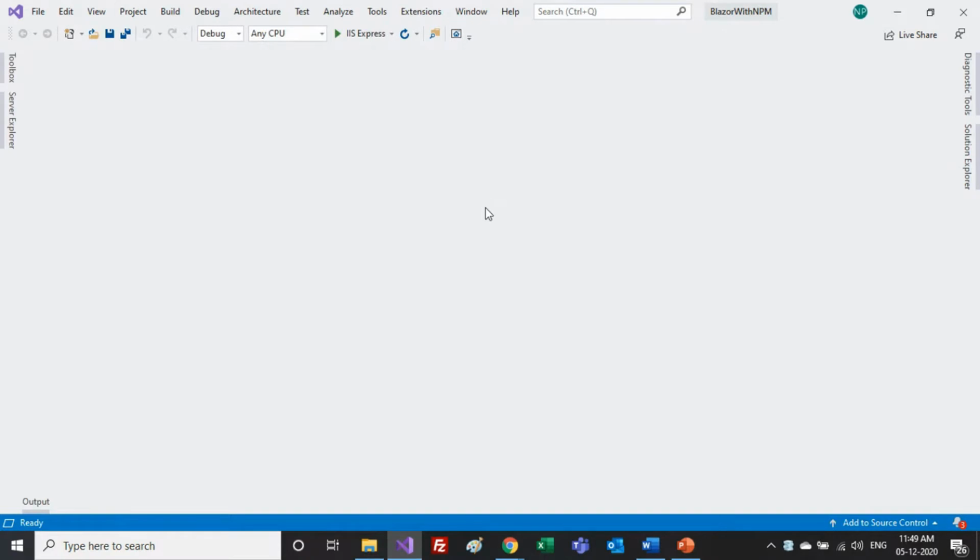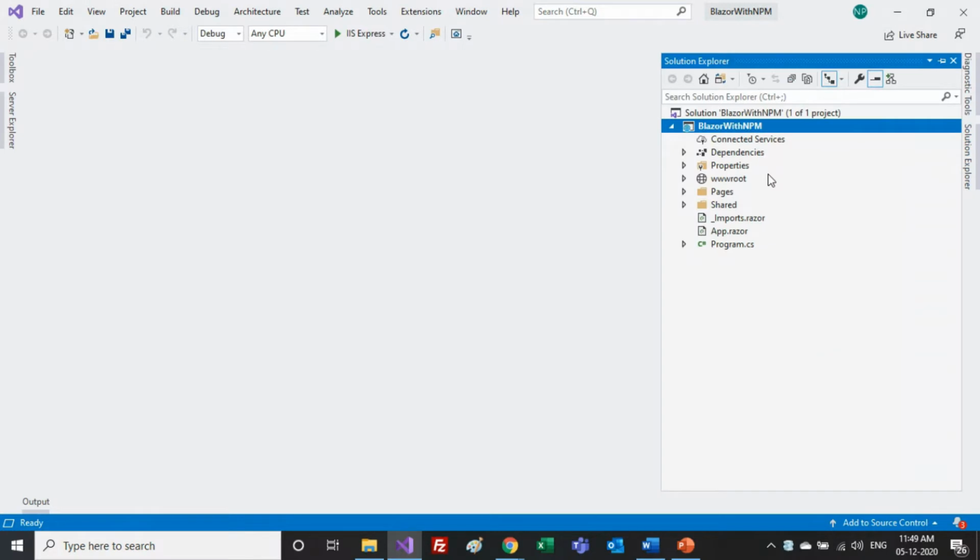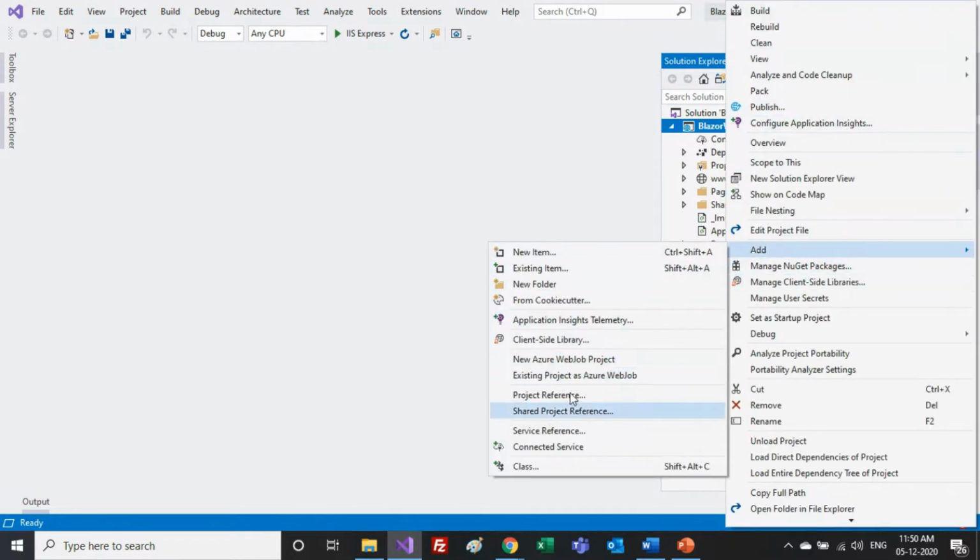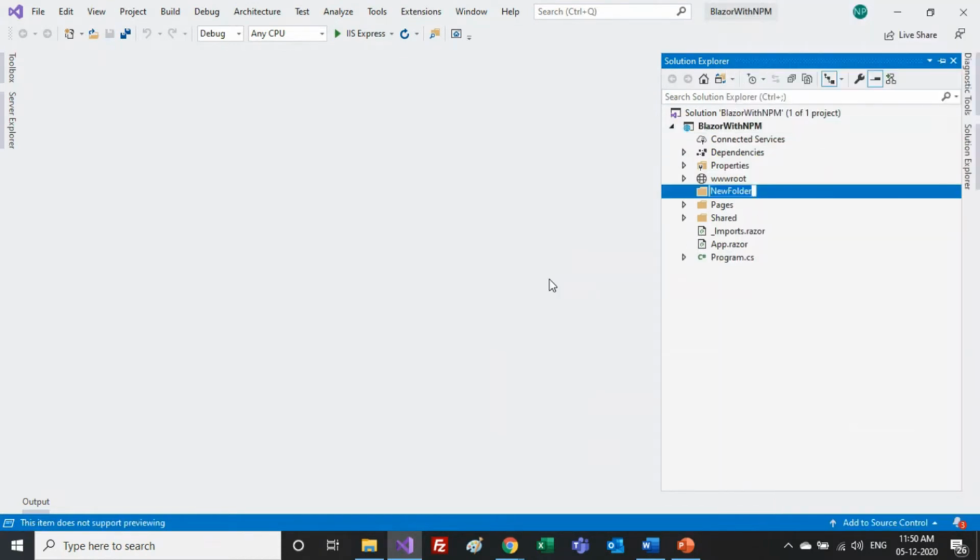I'm going to close this, and suppose I need to use some npm packages here. What steps do you have to follow? The first step is to go into your solution explorer, not the browser, and find a location where you want to install and set up your npm package. You need an npm directory where you can deploy all your npm or node packages. I'm just going to create a simple npm JS folder here. You can name it as per the standards of your project architecture. I simply created it.